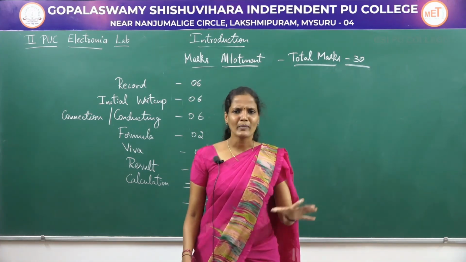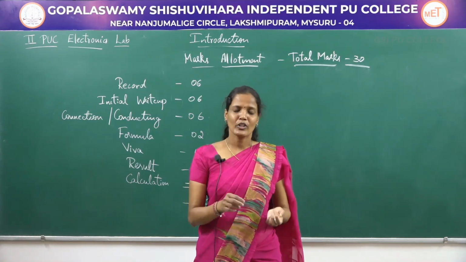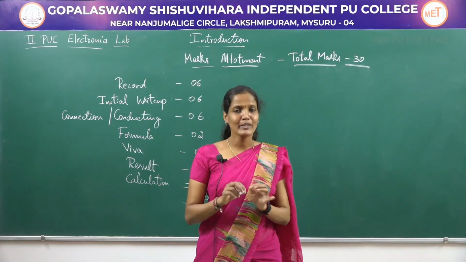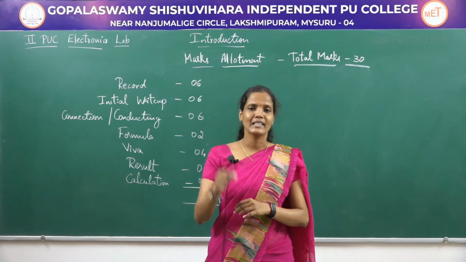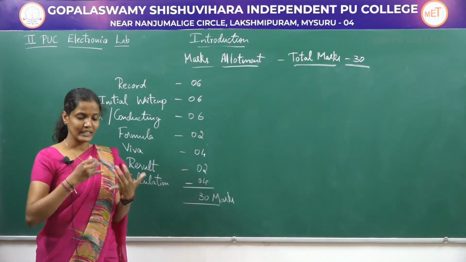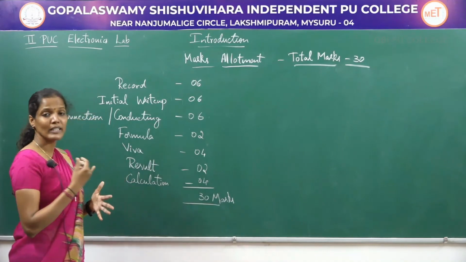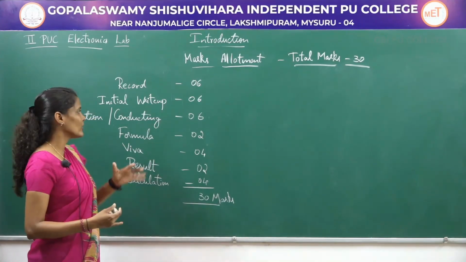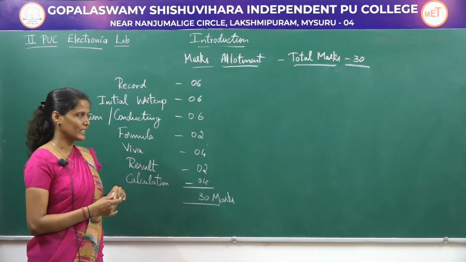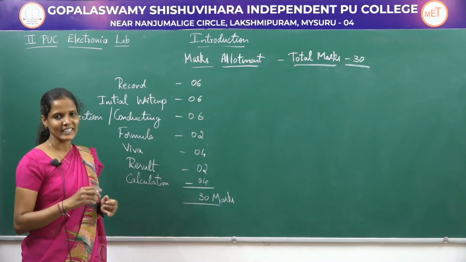Regarding the result, don't mug up the result beforehand and write it as soon as you get the sheet of paper. What you have to do is write the heading as result and leave it blank. After conducting the experiment, you are going to fill in that result column. So the initial write-up must contain all of these things: aim, apparatus required, circuit diagram, tabular column, formula, nature of graph, result. For writing that initial write-up, you will be getting 6 marks. The tabular column is an empty tabular column which will be filled while conducting the experiment.